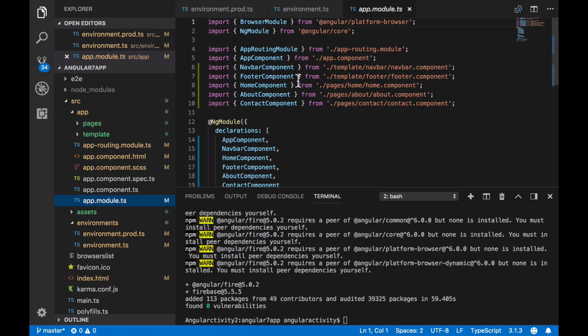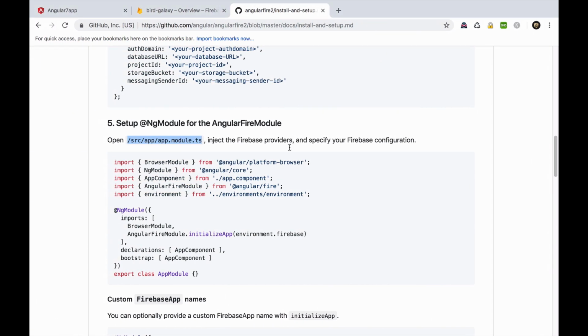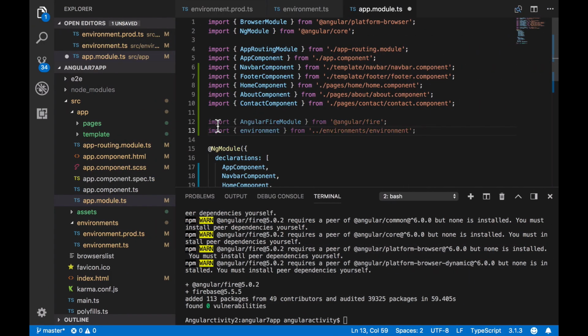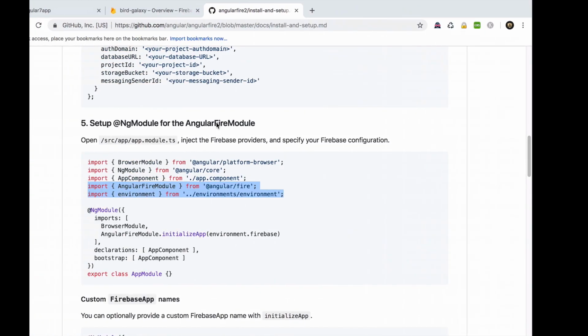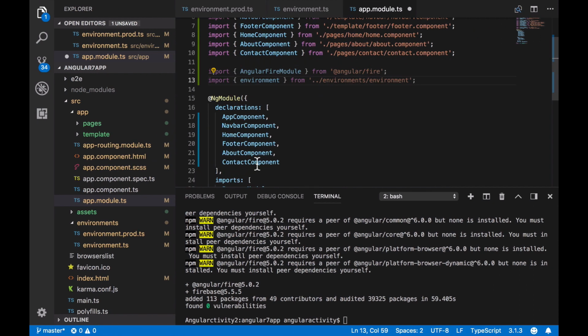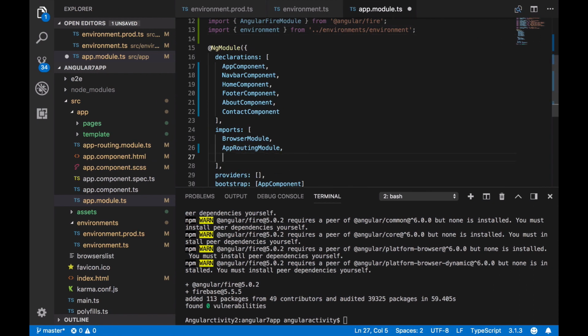We're going to put this information right below the component declaration, so let's copy these two lines. Now we have to declare it in the imports array. Alright, we should be all set.